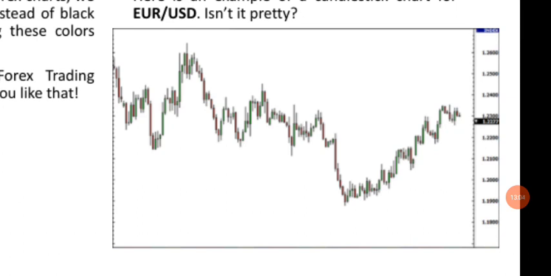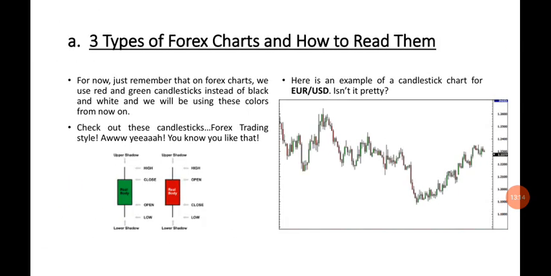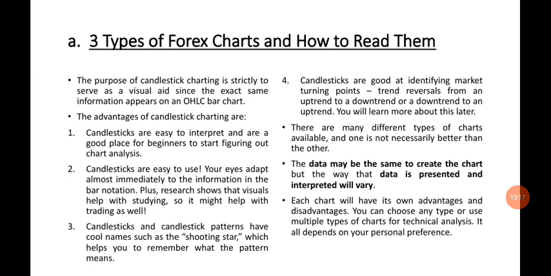When price closed higher than the open price, you can see they are all showing green, but when price closed lower than the opening price, they are showing red, and so you can see their shadows. The purpose of candlestick charting is strictly to serve as a visual aid, since the exact same information appears on the OHLC bar chart. The advantages of candlestick charting are: